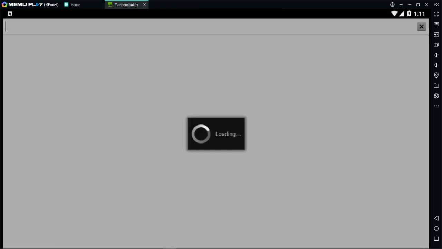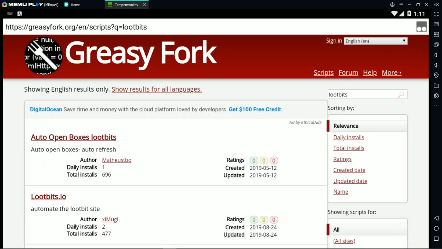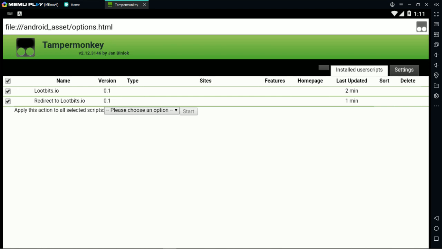Now we're going to go back to TamperMonkey. Now again, we're going to go to options. Make sure these are both checked and set it to enable. Click start. Okay, there we go. Now we need to go back to